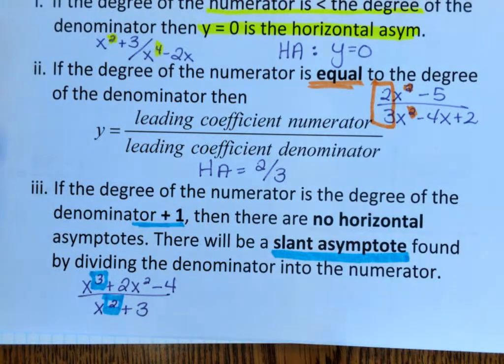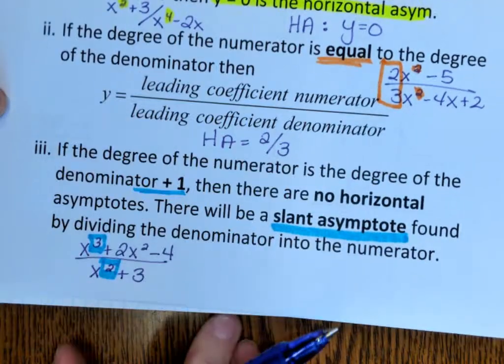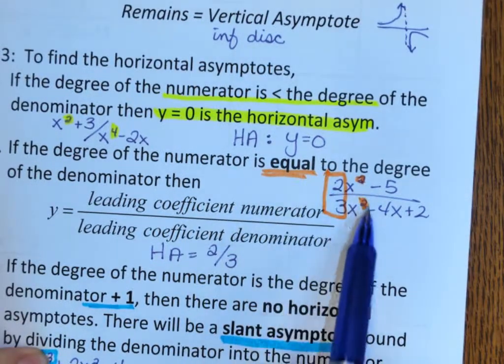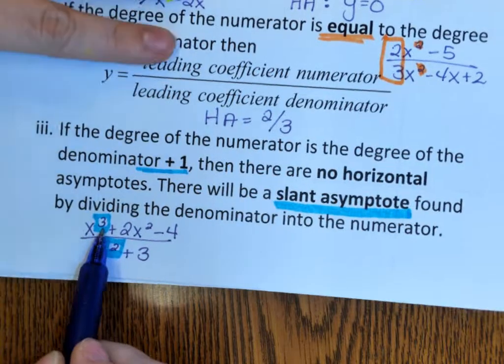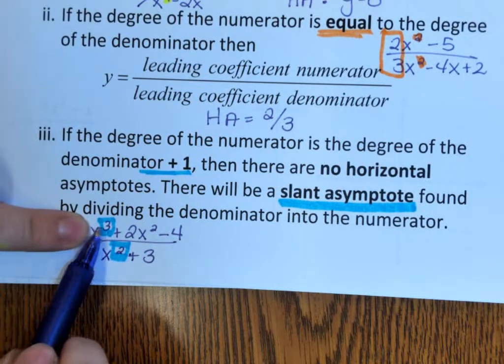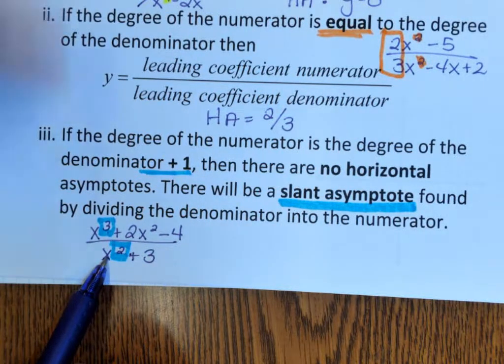Okay? Yes? So for that, you're looking at the biggest one. On all of these, you're always looking at the highest power on x. That's why I try to mix up the problems. Some have extra x's, some don't. But you're always looking for, see, the highest power here is 3, highest power here is 2. If the top is 1 more than the bottom, we have a slant asymptote, and we're going to need to